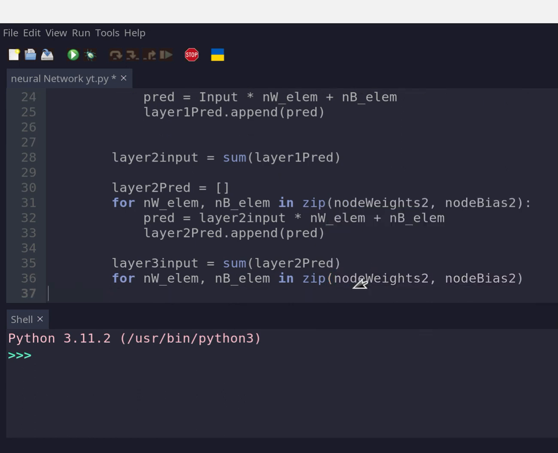And then we've already done 2, so that wants to be 3, that wants to be 3. Then all we want to do is we want to pred